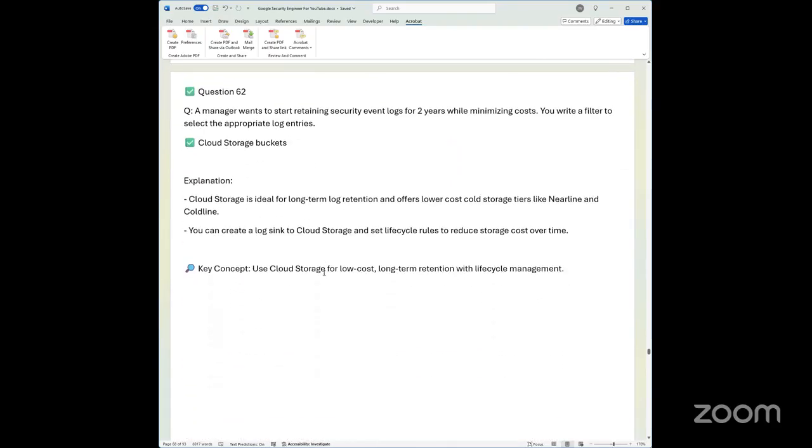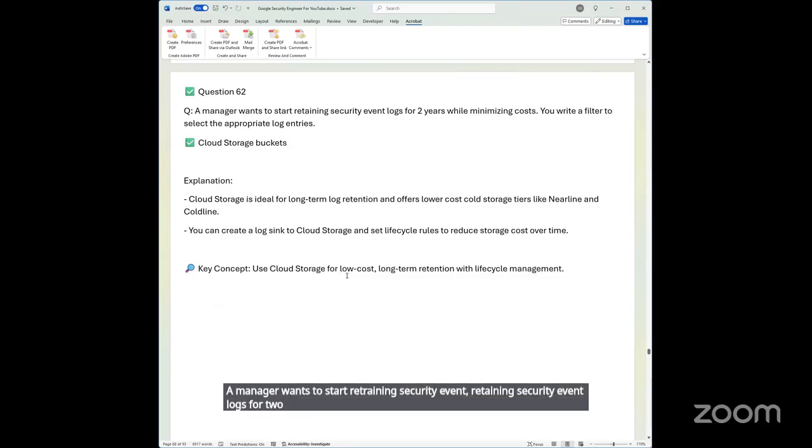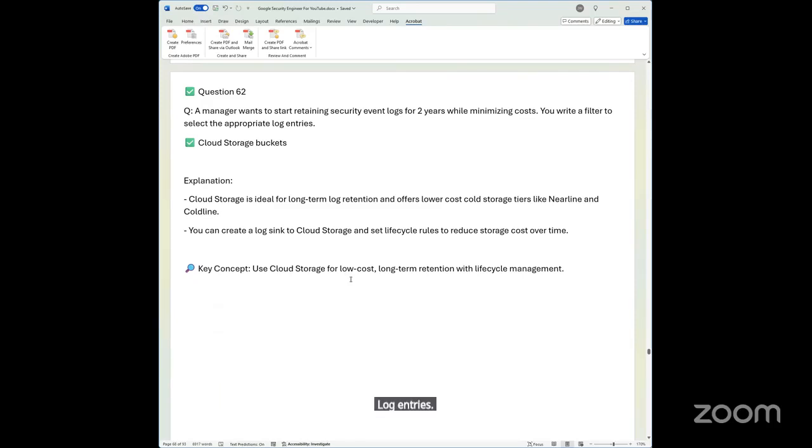A manager wants to start retaining security event logs for 2 years while minimizing costs. You write a filter to select the appropriate log entries with cloud storage buckets. So lifecycle policies. Cloud storage is ideal for long-term retention, offers lower costs for cold storage tiers like Nearline and Coldline, and you can create a log sink to cloud storage and set lifecycle rules to reduce storage costs over